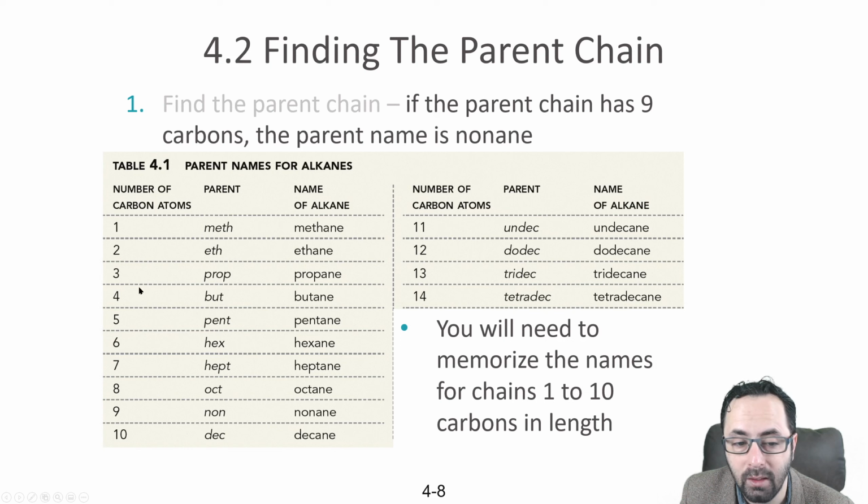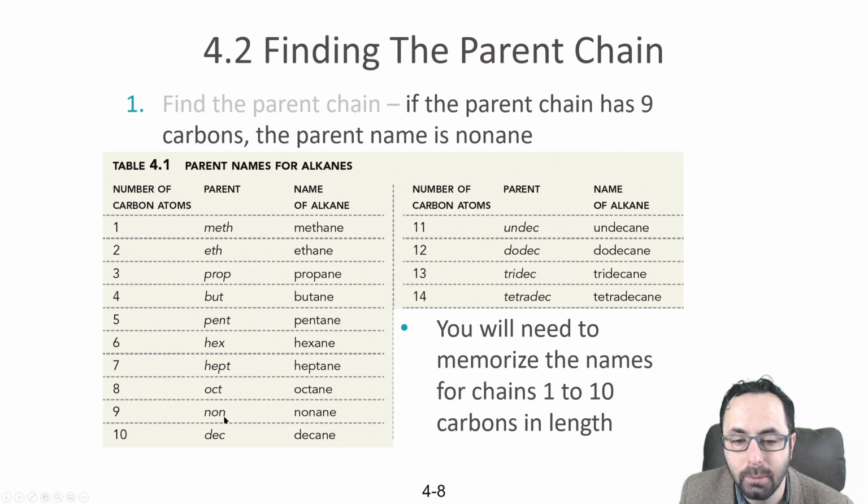You may not have seen these prefixes before. However, these other prefixes, you've probably seen them before. Pent, they're the same prefixes that are used for geometric shapes. So a geometric shape that is 5-sided is called a pentagon. And the prefix for a parent chain having 5 carbons is pent. And a 6-sided polygon is called a hexagon. And so same thing. So hex for 6, hep for 7, octagon, you guys probably know the octagon if you watch MMA, non for 9, and dec for 10.